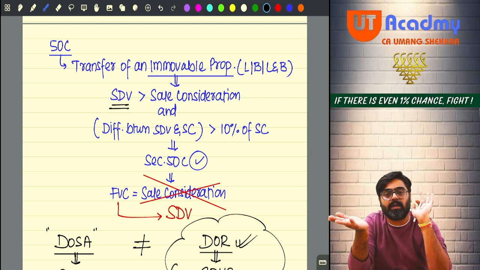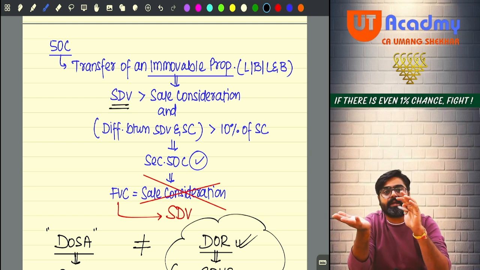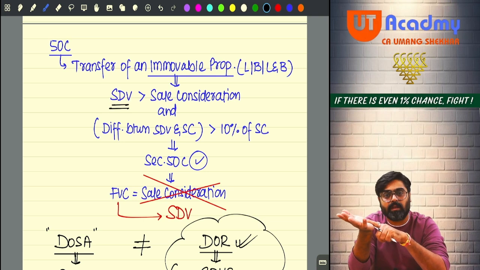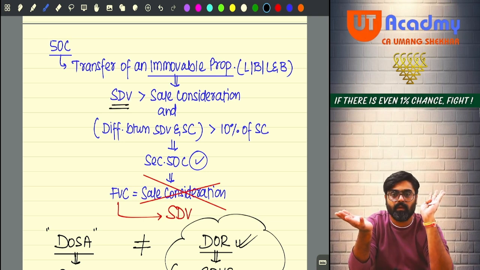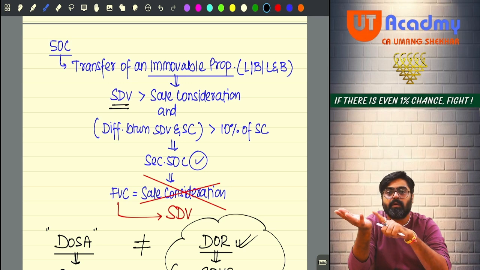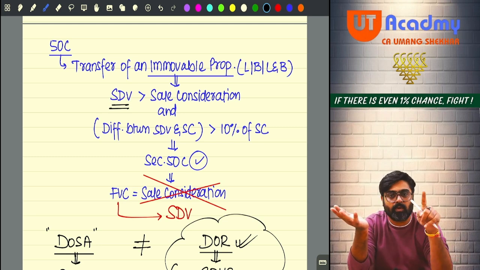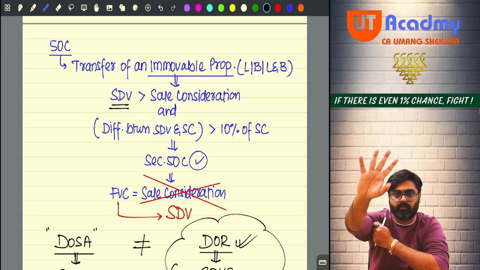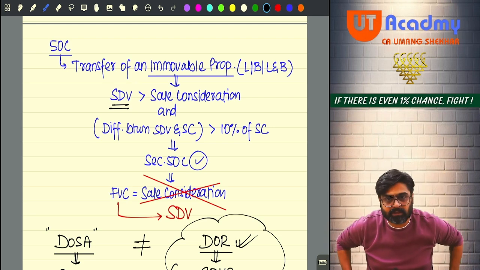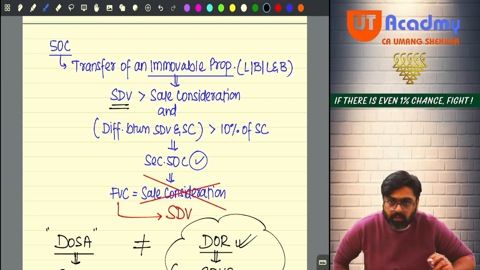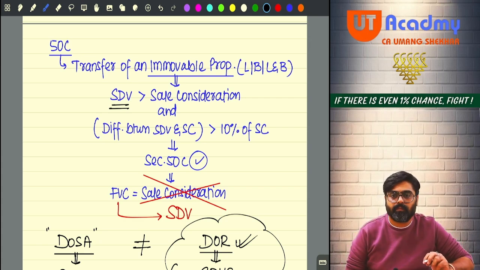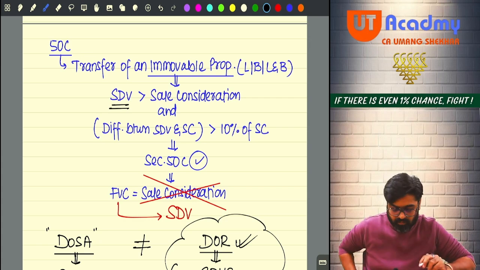But in one exceptional case, what did I say? One exceptional case, the stamp duty value as on the date of sale agreement can also be taken. Only if the sale consideration or any part thereof is received by the seller on or before the date of sale agreement by way of what? By way of prescribed modes, then the stamp duty value as on the date of sale agreement can be taken for 50C. Then ignore the registration stamp duty value. Yes or no? Will you remember? Should I move ahead? Very good.